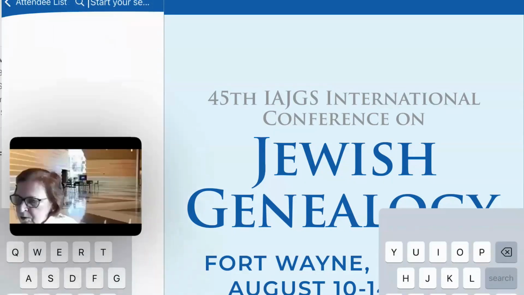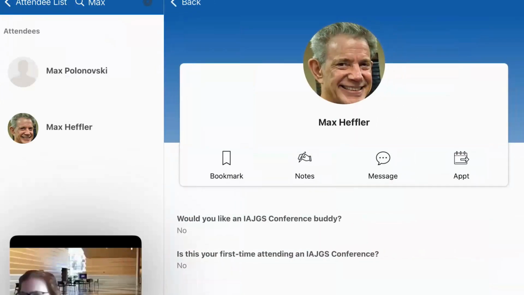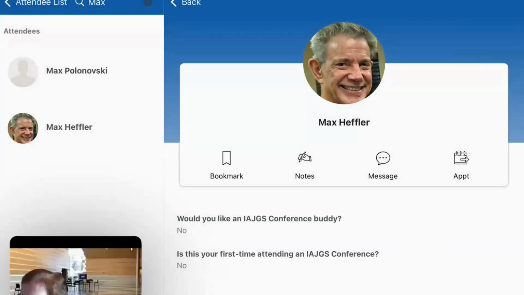So if I put in Max again, I can search for Max. And now this looks a little different because in this way, I can bookmark Max the same way as you do in the attendee service center. Here I can write notes about Max. I can add notes here. If you click on the hand with the notes, I'm not going to add notes about him, but